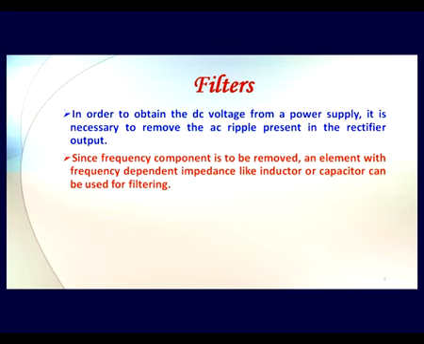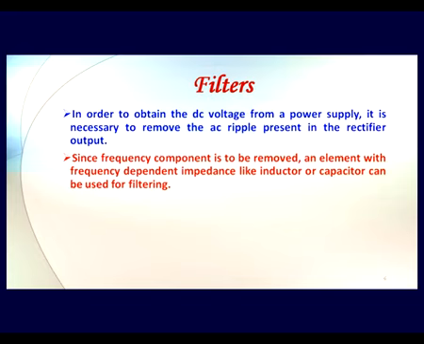If you are having output from the full wave rectifier, then as you remember, the repeated positive cycles and the negative half cycles of the sine wave get converted into all positive half cycles. So effectively they come as waves having double the input frequency. If 50 Hz is our input frequency, then the output frequency of our full wave rectifier output will be 100 Hz. So we now have a frequency component which is to be removed.